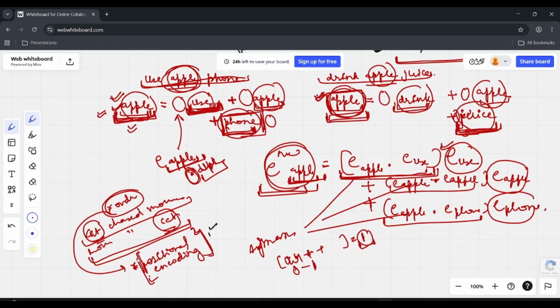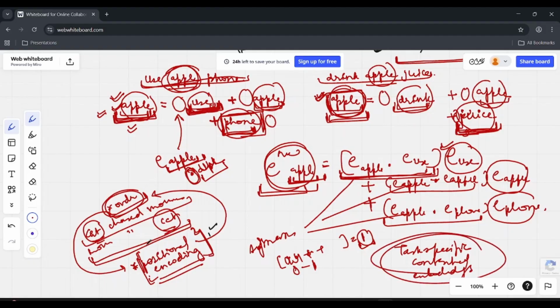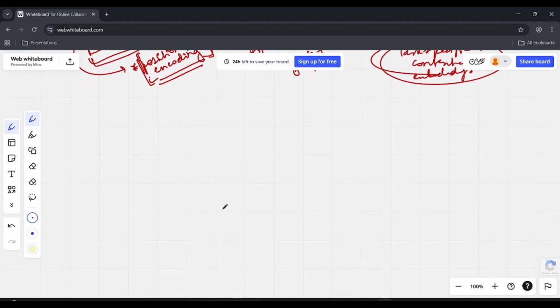We will be covering positional encoding soon and we will see how adding order, or taking order into consideration, is important. But for now, let's focus on this part, and that is what are task specific contextual embeddings. And I have a very nice example for it which will make everything clear.